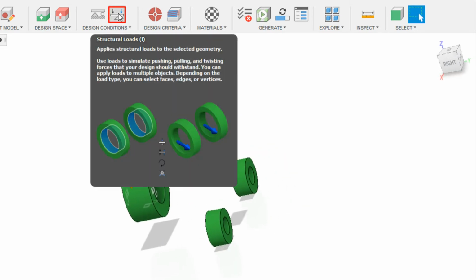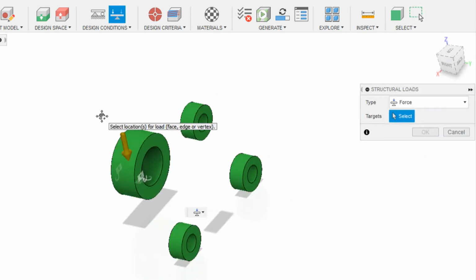Then we have to define the loads. Click on structural loads. Assume that the vehicle is in static condition. Thus, the entire weight of the vehicle is going to act on these mounts. There are 4 such mounts. We can get the weight for each mount by dividing by 4. The weight of the vehicle is 1 ton.